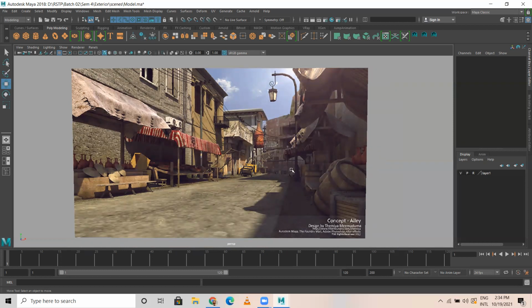You can highlight all that. You can break the buildings down into simple polygons. Can you list out the elements in this? What are the separate models we have to do in this particular scene?